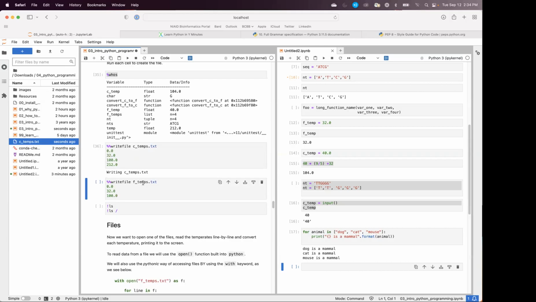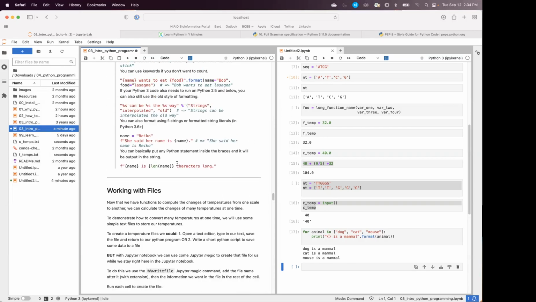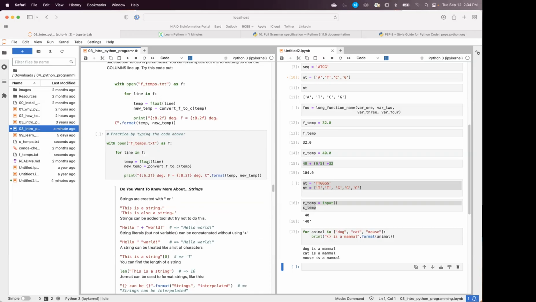So here I'm going to define ctemps. I'm going to run and define the ftemps. Okay, and then we can see that each of those were created. Right, and so now we scroll up a little bit. We were talking about some of this string formatting. So now that we have the ftemps defined,